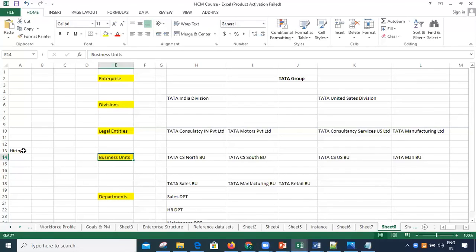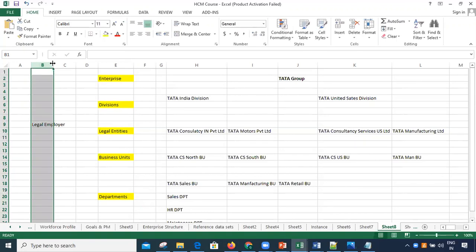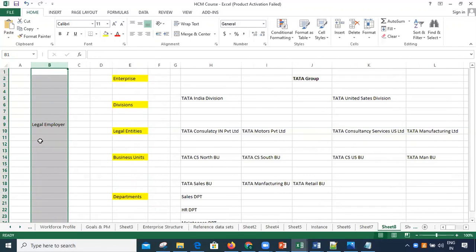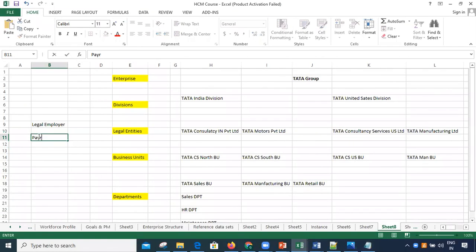Now, when we talk about legal entities, we have to talk about three more concepts: legal employer, payroll statutory unit, and LDG, the legislative data group.